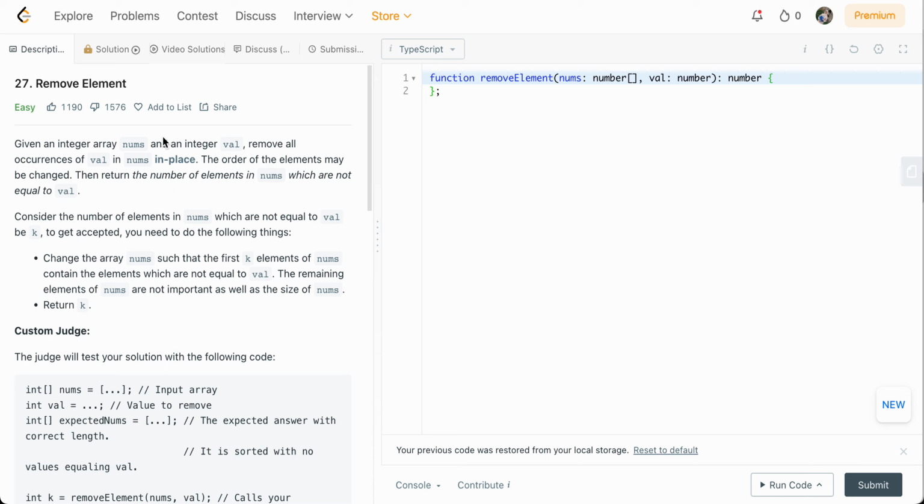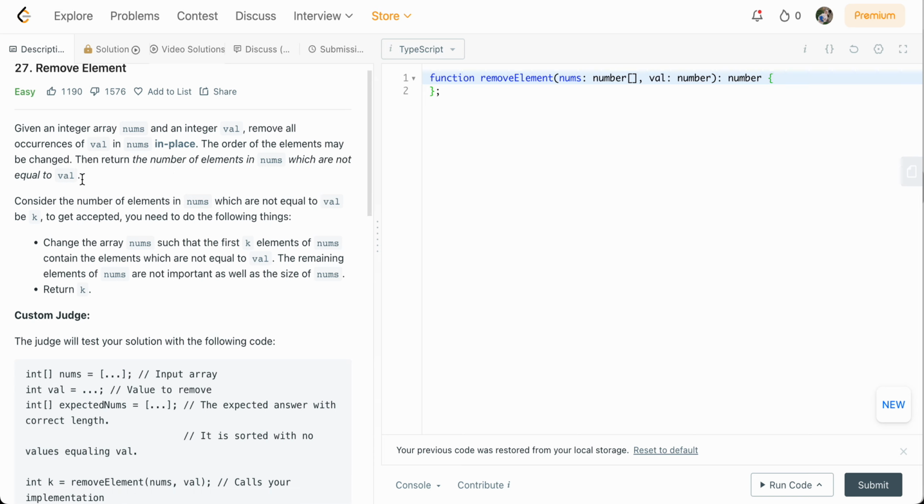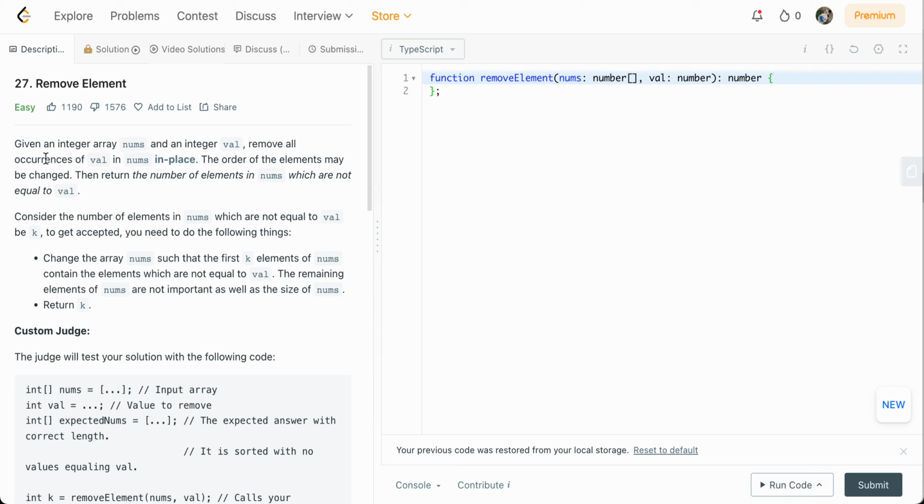So we have the question, remove element. Given an integer array nums and integer value, remove all occurrences of val in nums in place. The order of the elements may be changed, then return the number of elements in nums which are not equal to val. First of all, when I start solving questions, I make a list of things that should be like